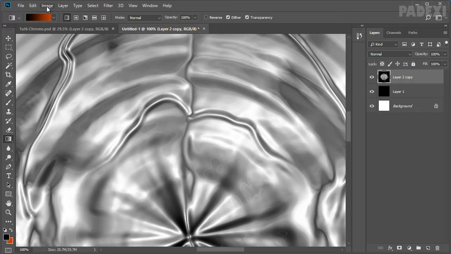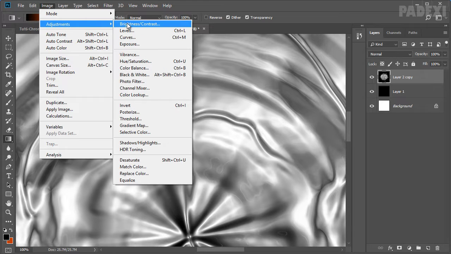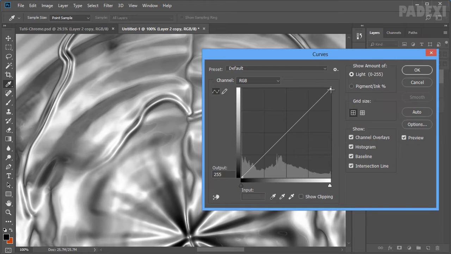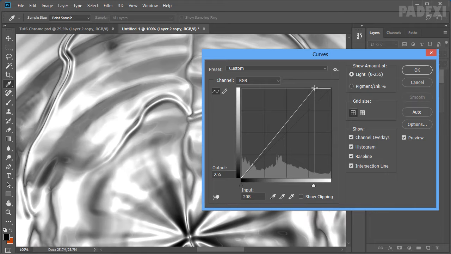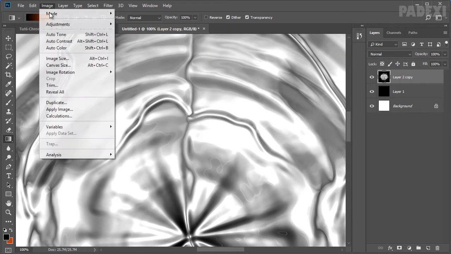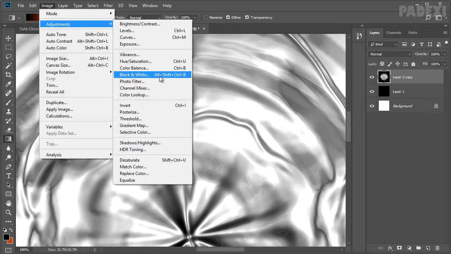Now let's apply curve adjustment, image adjustment curves, and just brighten the output here, and then apply image adjustments, hue and saturation.